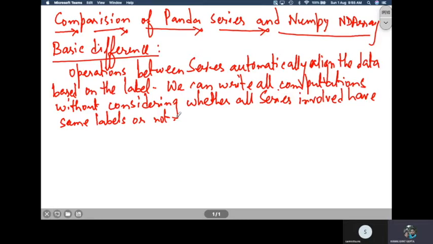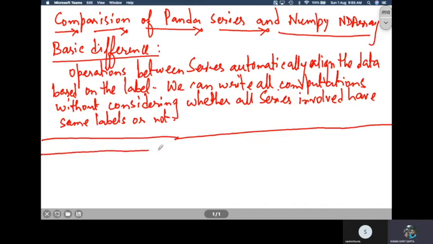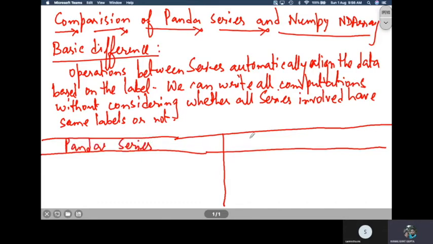So this is the difference between Panda series and ND array. Let us jot down the main differences between the Panda series and ND array. Let us tabulate the differences between the Panda series and NumPy arrays.